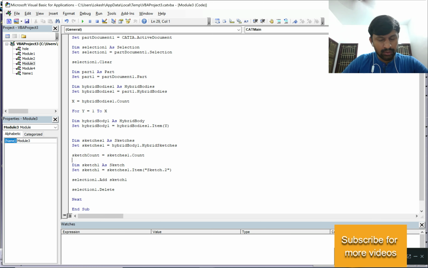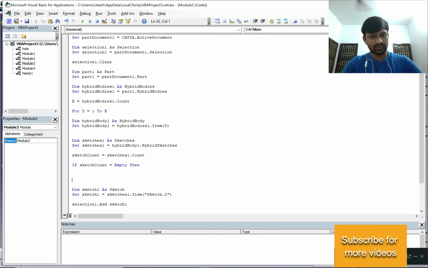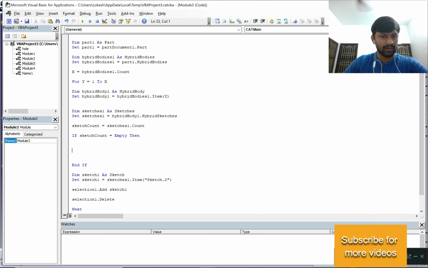Now I'm going to create a condition, if. I'd like to copy it, because it will throw an error. So sketch count equal to empty, then end if, because whenever we open an if condition, I like to close it.